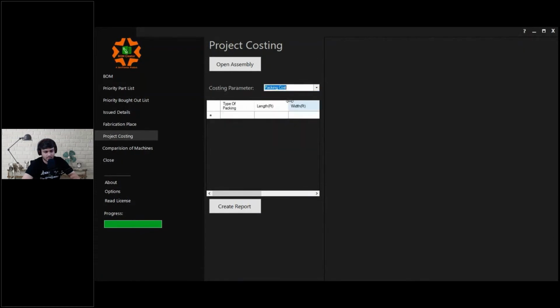Next is the packing, as I said. In packing we have two types of packing. One is the roadworthy packing and another is the seaworthy packing. What is a roadworthy packing and a seaworthy packing? Roadworthy packing is for domestic orders. Right, I need to transport something from Mumbai to Delhi. That would be a roadworthy packing. I need to pack my machine in a roadworthy packing.